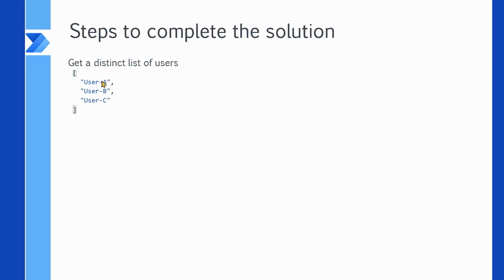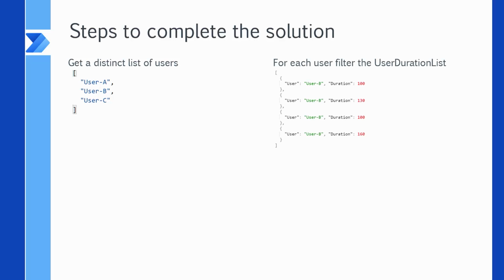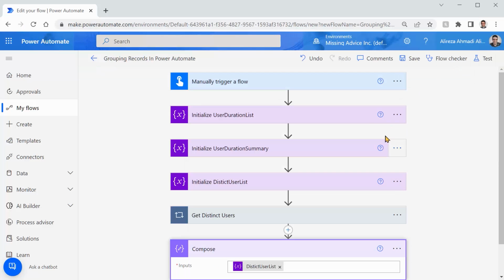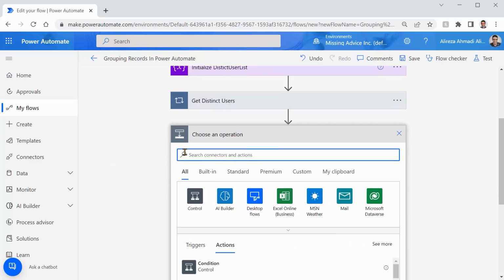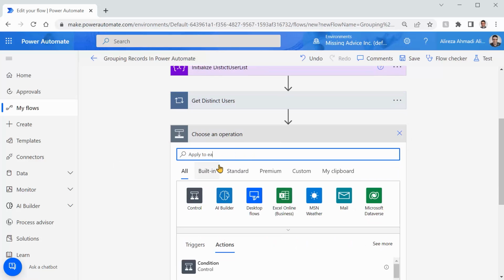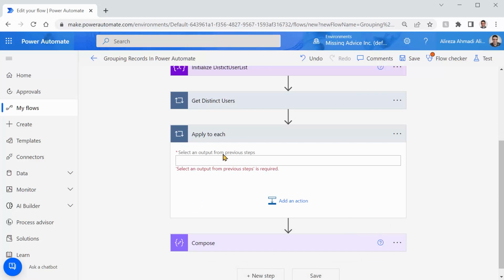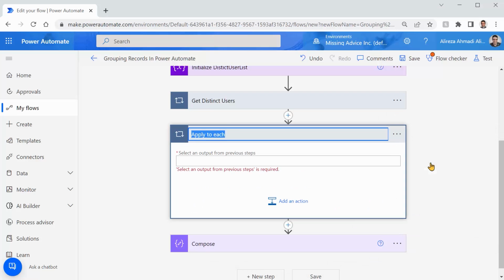Step 1, complete. Now, for each user, I need to filter the user duration list. So I have the username. I should use a filter action to get the initial list and filter it by the user that I have a distinct list of them, one by one. So I go back here, I click on edit. I don't need this compose at the moment, but after I get the distinct user, I want to use another apply to each, and I want to say apply to each. I add it here, and this one is going to be rename